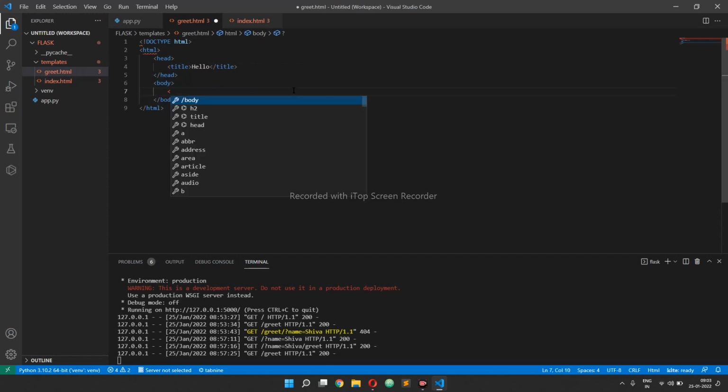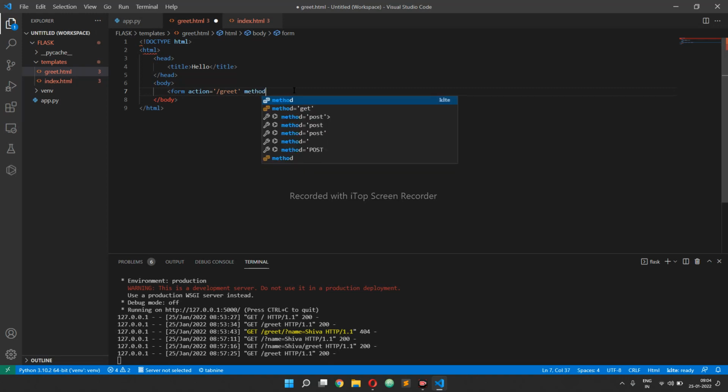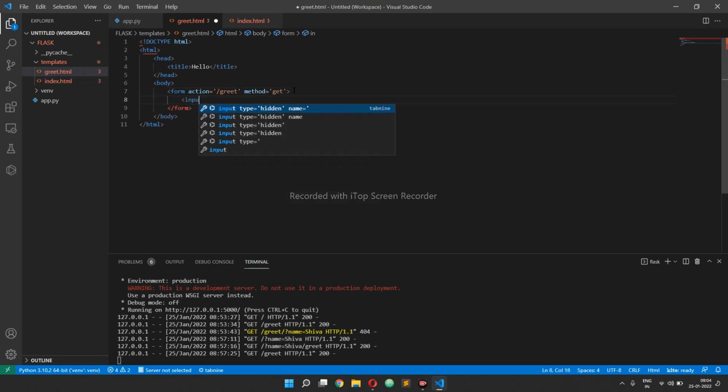In order to perform that, use form action equal to slash greet, method equal to get, and the input type equal to text, name equal to name, close this one, and next